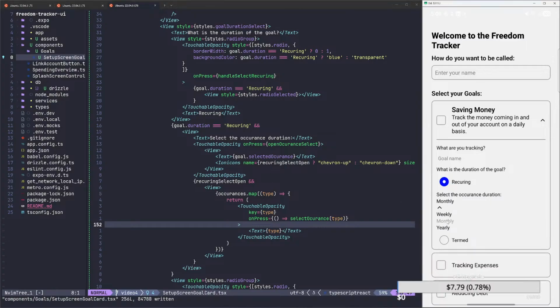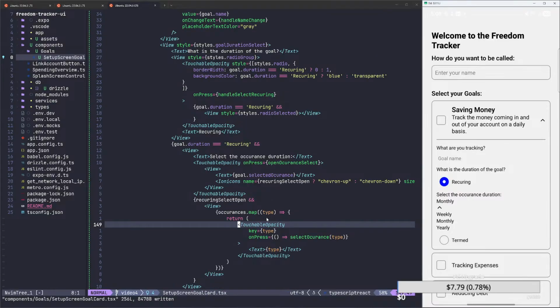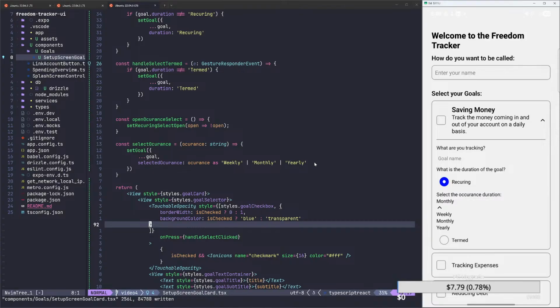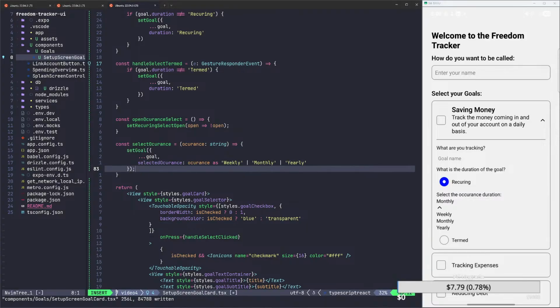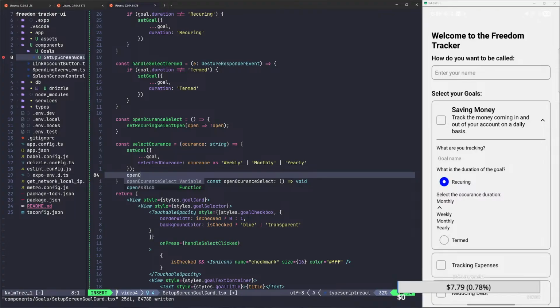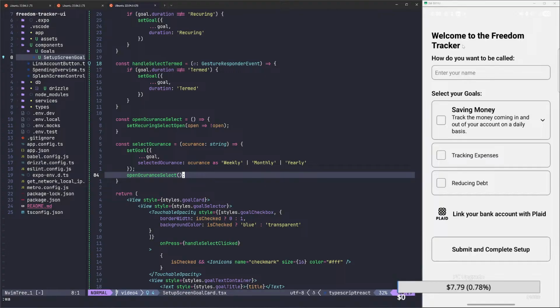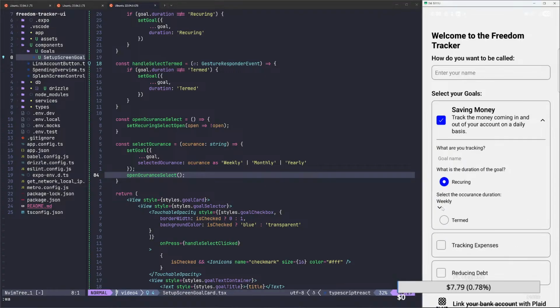If we click on this, click monthly, that works. We also want to go ahead and close this. Let's also go ahead and, once we set the goal, we'll also go ahead and call open occurrence select, like so. Then we'll also close out of the occurrence selector. So now if we restart the application and open it back up, saving money, yada yada yada, click it, okay, recurring,